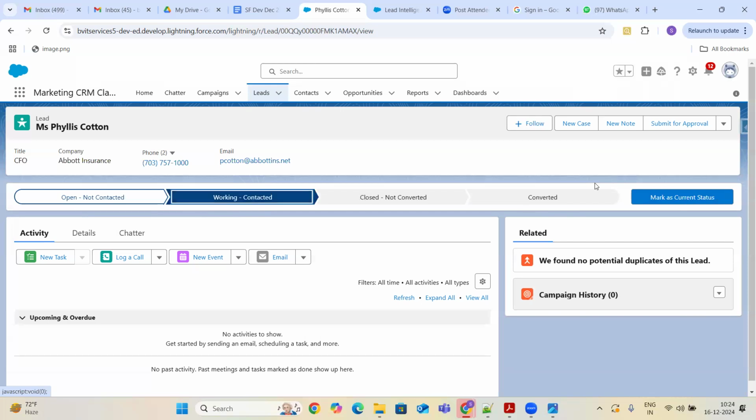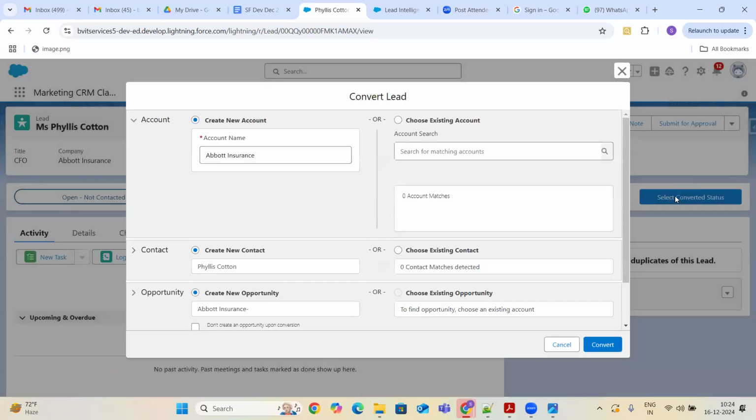This time, I would like to convert. He is showing interest in me. When I select the current status as converted, this launches the lead conversion process.